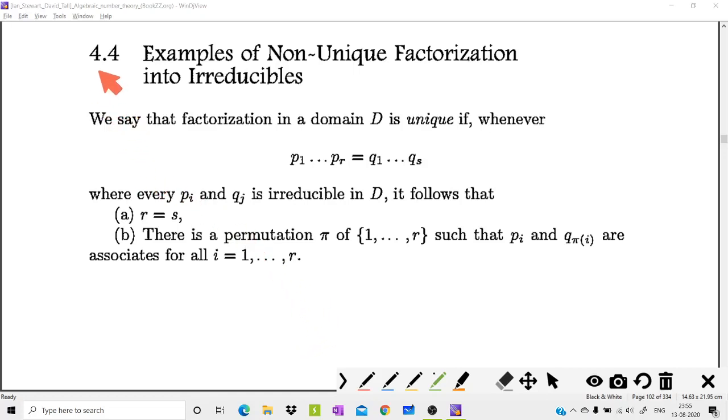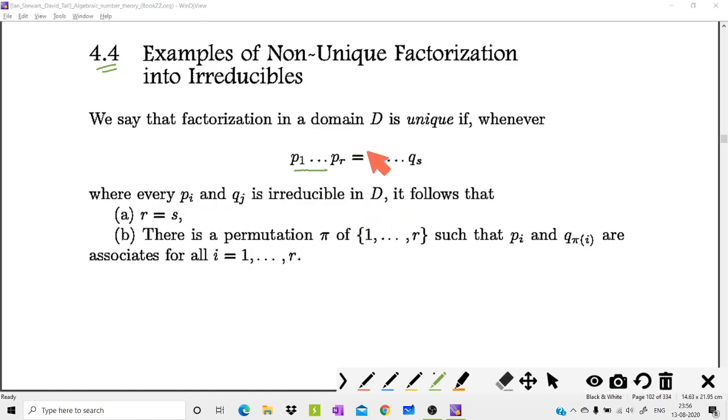Today we discuss section 4.4, examples of non-unique factorization into irreducibles. First, we define what a unique factorization in a domain is. We say that a factorization in a domain D is unique if, whenever we have a product of irreducibles P1, P2, etc., Pr equal to Q1, Q2, etc., Qs, where these Pi's and Qj's are irreducibles in D,